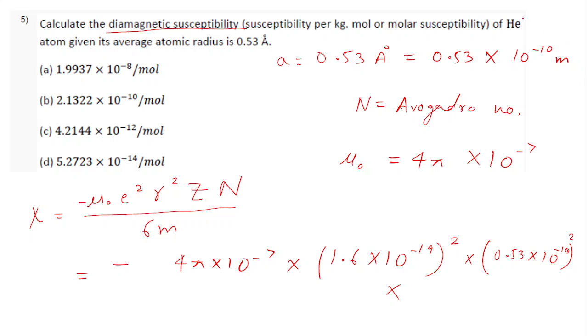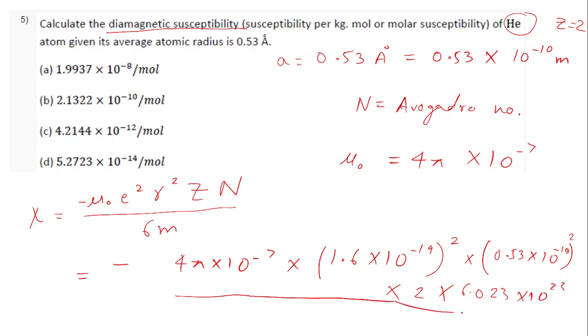Since it is for helium, atomic number is 2, and here we'll put Avogadro number, which is 6.023 times 10 to the power 23. So we are done with the numerator, and this negative sign is there, and then in the denominator 6 times mass of electron, which is 9.1 times 10 to the power minus 31 kg. And when we do this calculation,